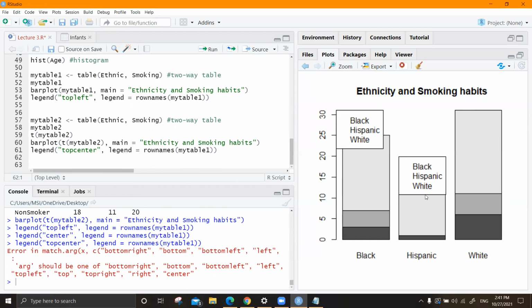So whenever you get a thing like this, if you can't place your legend in a suitable place, try to transpose the table and see if you can go for something better. So that is how you usually do it, because we are using the basic R here. When it comes to ggplot2 and plotly and stuff like that, these are nothing. You can give X and Y coordinates actually.